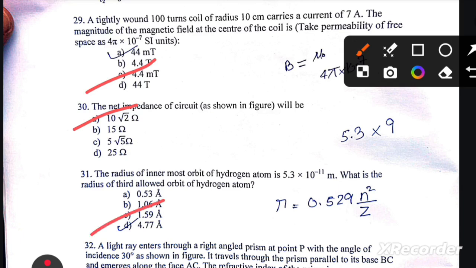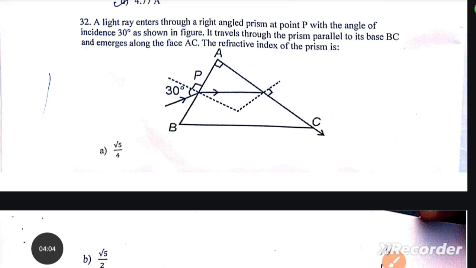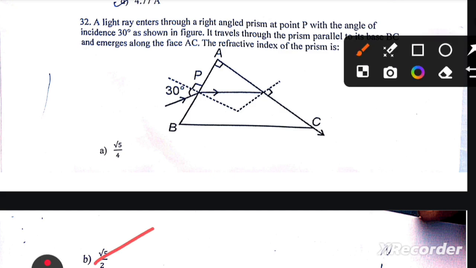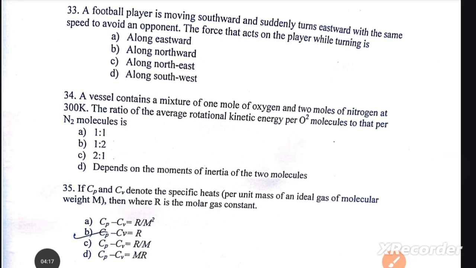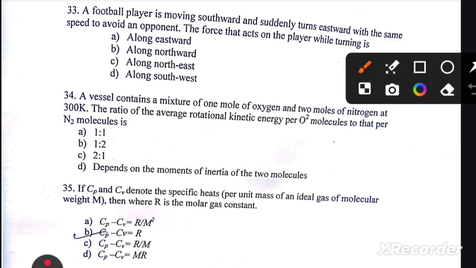4.77 angstrom. A light ray enters through the right angled prism at P with the angle of incidence of 30 degree. The refractive index of the prism is root 5 by 2. A football player is moving southwards and suddenly turns eastward with the same speed to avoid an opponent. The force that acts along the player while turning is